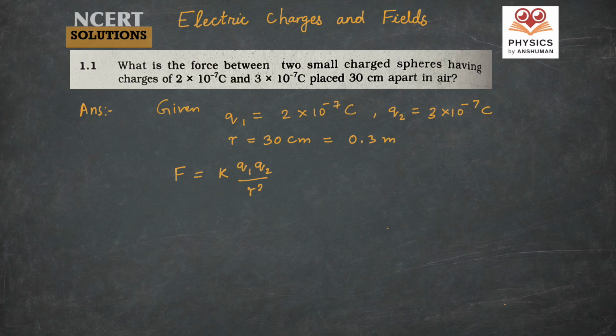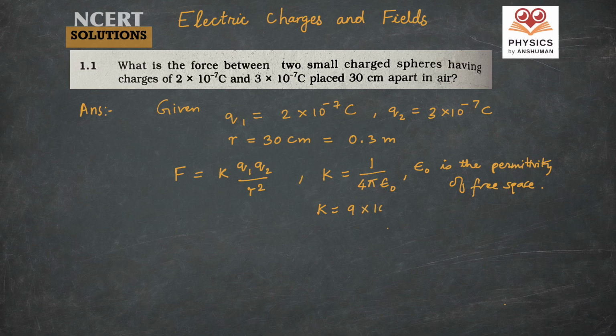divided by the distance square, where K is equal to 1 upon 4 pi epsilon naught, and epsilon naught is the permittivity of free space. The value of K is 9 × 10^9 newton meter square per coulomb square for both air and vacuum. Hence, substituting all these values in the formula of force, we get F is equal to K